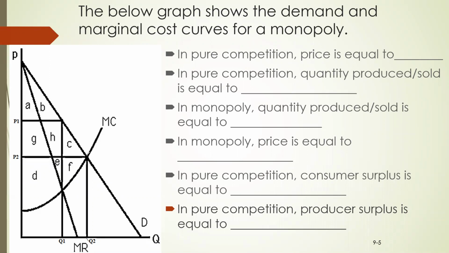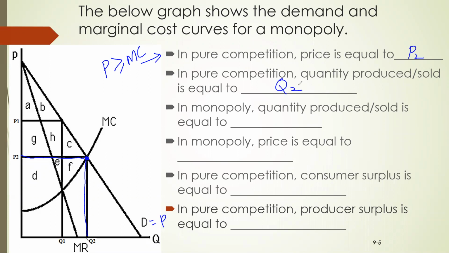So, price in pure competition. If it is pure competition, price has to be greater or equal to marginal cost. Demand represents price. So if I apply that, the equilibrium point comes, the price to be P2. That's the line I'm looking at, and the quantity to be Q2 here.